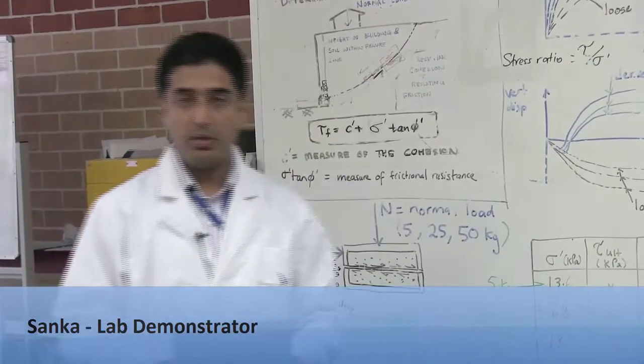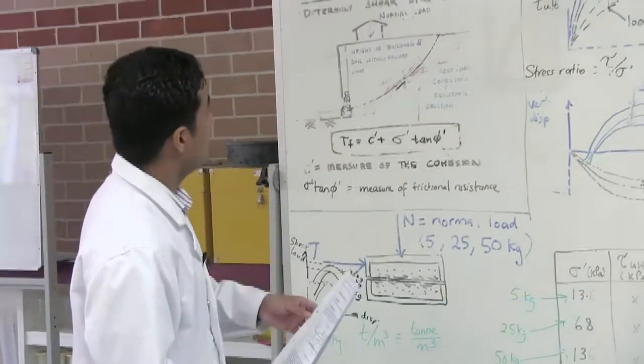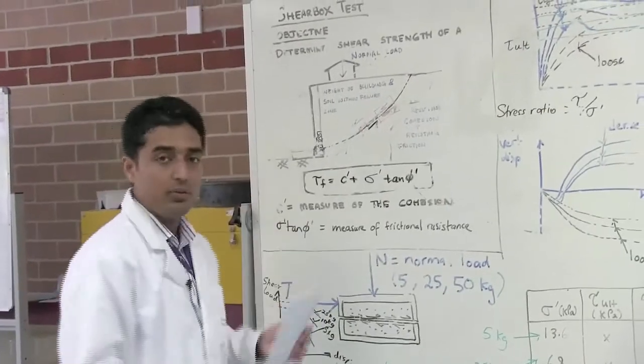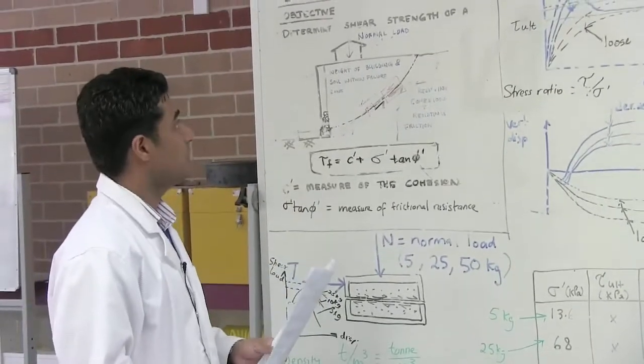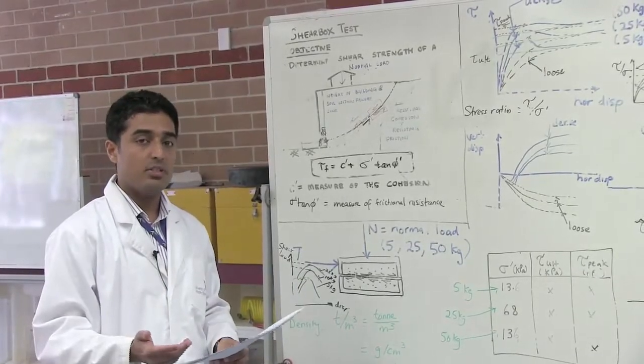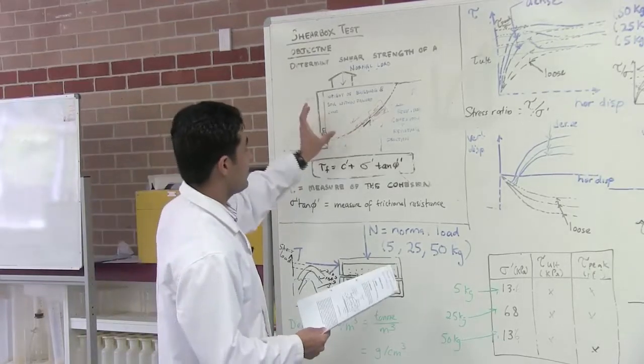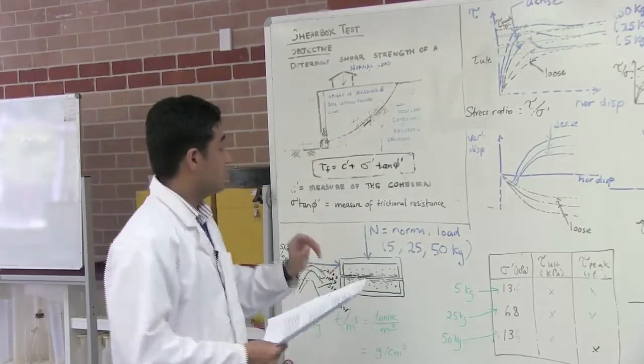Today I'm going to explain how to conduct the shear box test on a given sand sample. The objective of the shear box test is to determine the ultimate shear strength of the given sample. So we use the ultimate shear strength in order to determine the failure surface and the strength of a soil